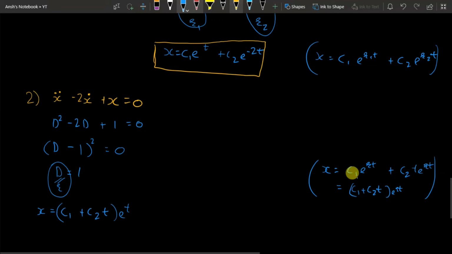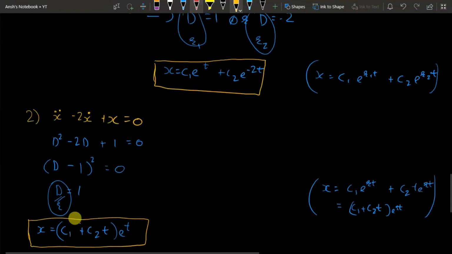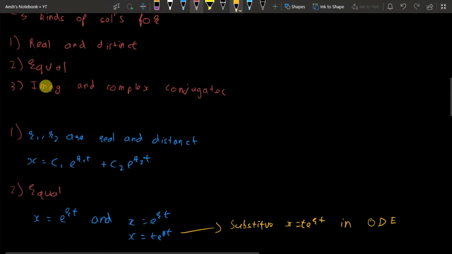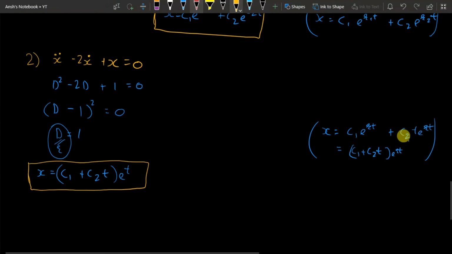And this is the answer to the differential equation, or rather this is a solution to the differential equation. Again, C1 and C2 are two constants that will depend on the initial conditions, but we'll see that later again. So this was an example of the second case where the roots that we have are equal. To get the general solution, what we have to do is multiply the second term with a t, and that will give us two distinct solutions, and hence we'll get the general form of the solution to the differential equation.